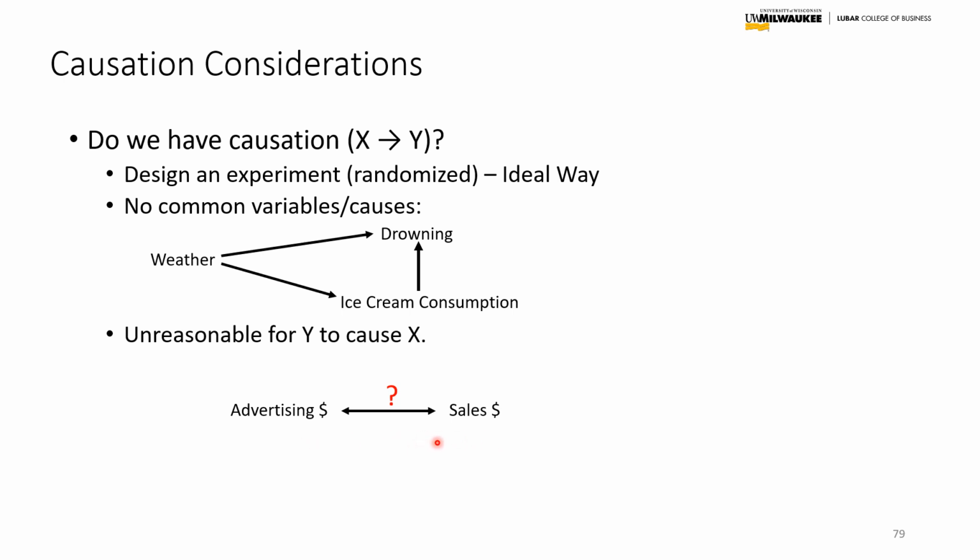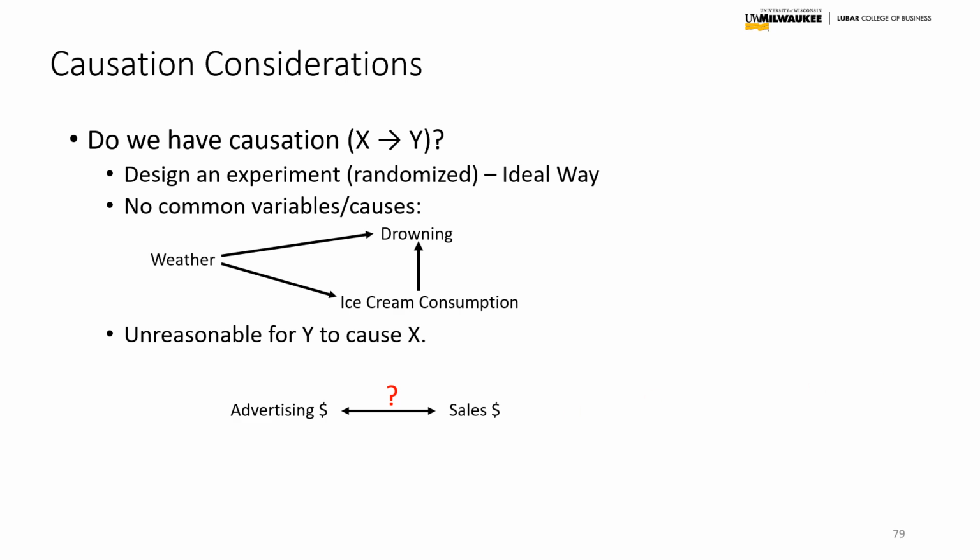Now, obviously, the argument is stronger toward advertising creating sales based on marketing research results and all that. But I just want to give you this thought process of, could it be the other direction? And if it's the other direction, that really throws us for a loop on believing that X causes Y, because maybe it's Y causing X. You have to go through all those thought processes to ultimately build your confidence on causation